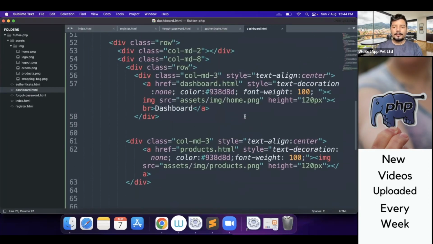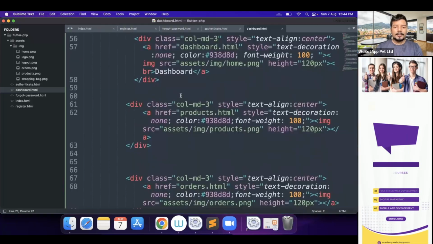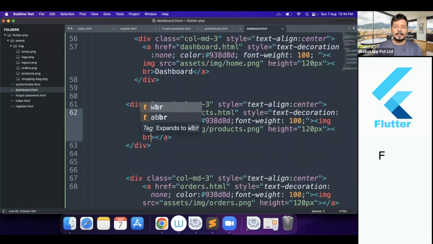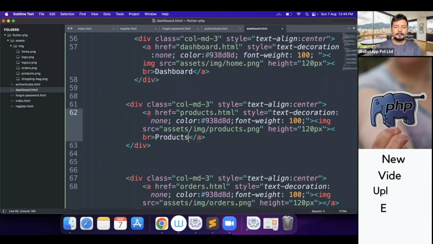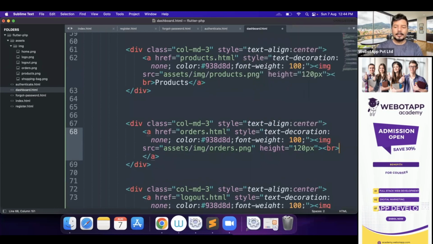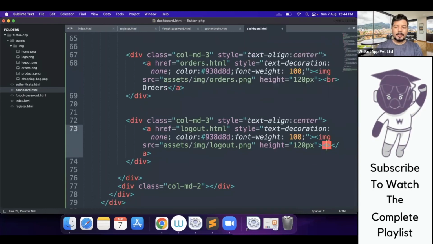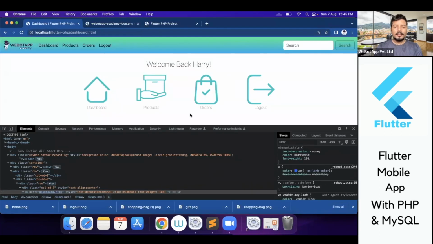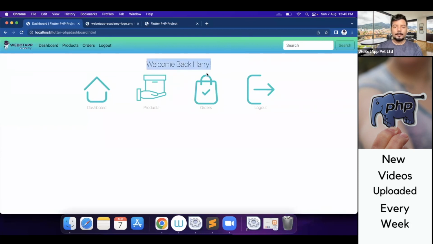Okay, so now we have to write the names for the other icons as well. So here I'll be using a break tag, and then I'll write the name, and the name will be products. Same goes with this one, a break tag, and the name will be orders. And the last one, a break tag, and the name will be logout. Okay, let's reload it. It's looking cool, but we have to give some space in between the welcome message and